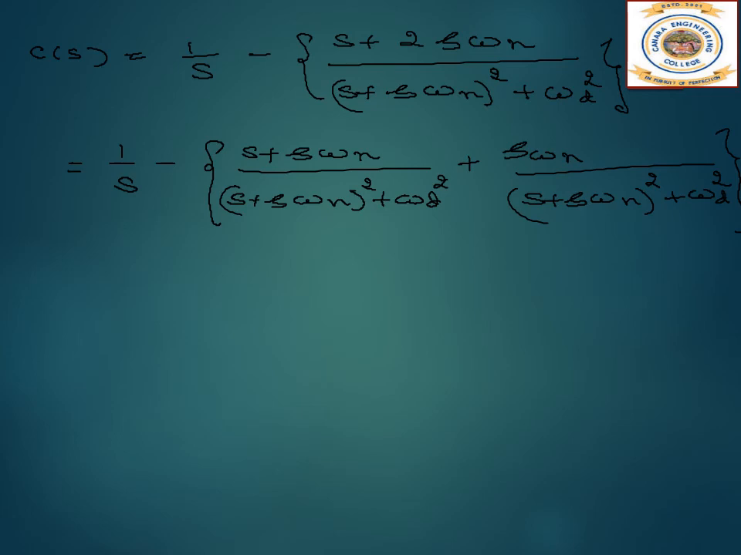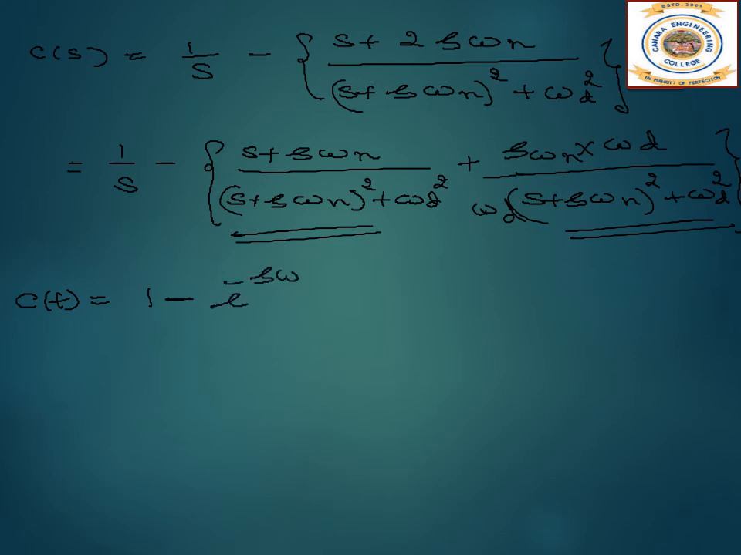Now this term will be the cos term. But if I want this to be the sine term, I need to have omega d. So I'll multiply here by omega d and divide by omega d over here. Then it will become a sine term. So now I will take the Laplace inverse. C of t equals 1 by s is 1 minus, it is a delayed function here, s plus zeta omega n. So here it is e to the power minus zeta omega n t